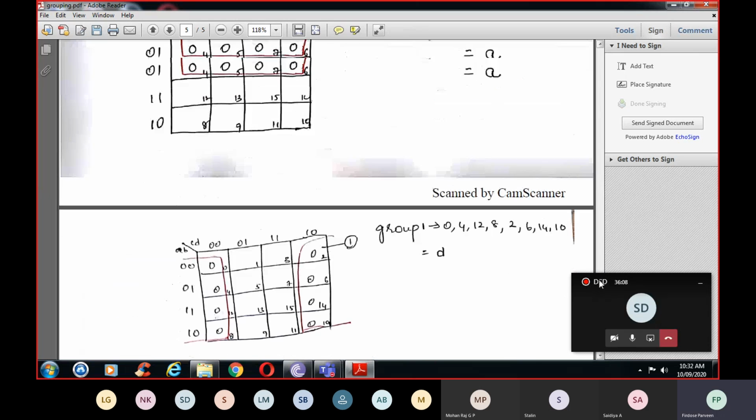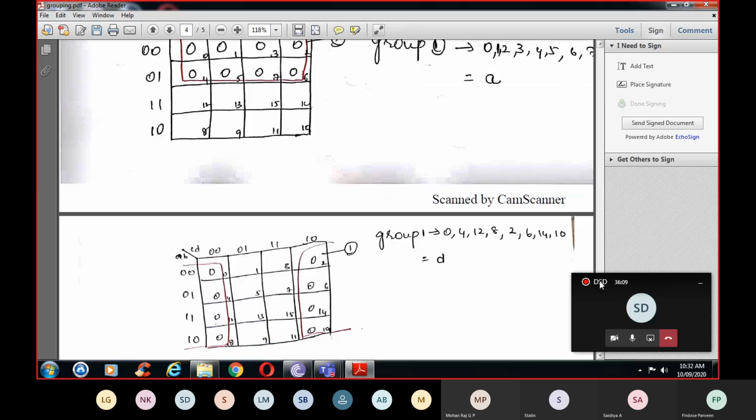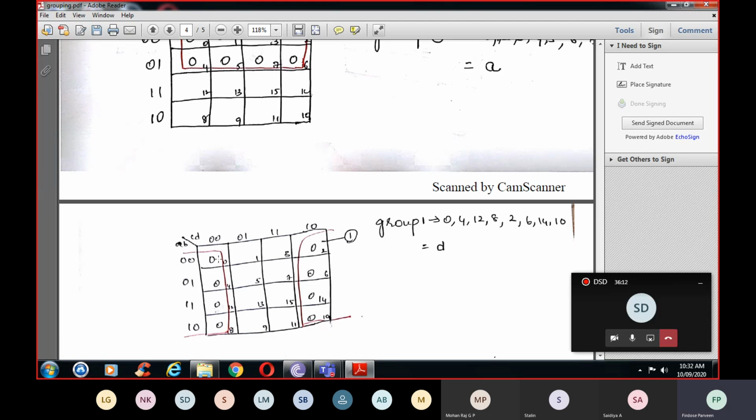Again 8 cell grouping. 0 is adjacent to 2, 4 is adjacent to 6, 4 is adjacent to 12, 12 is adjacent to 14, 8 is